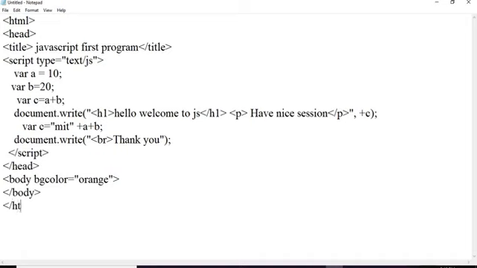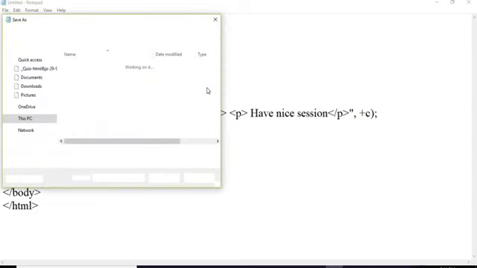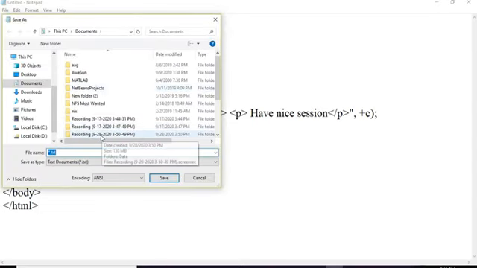So I have completed all the tags. I have closed, and let's save by the extension. If it is a first program, I will save it as simply file name and HTML.